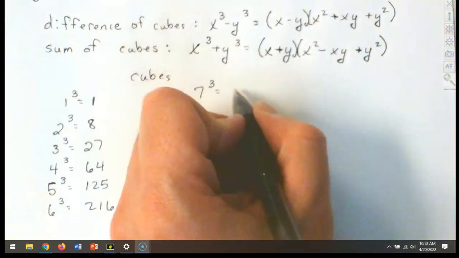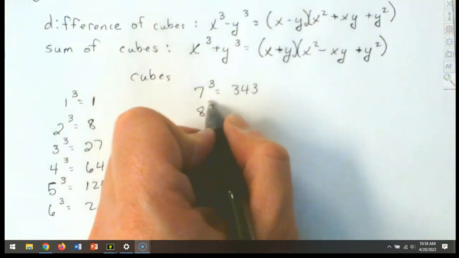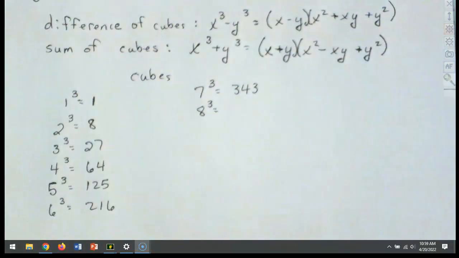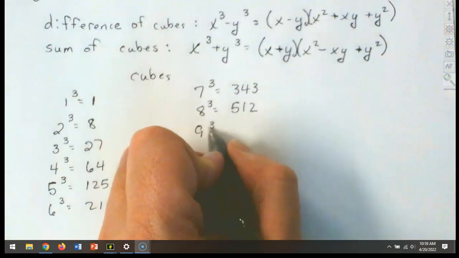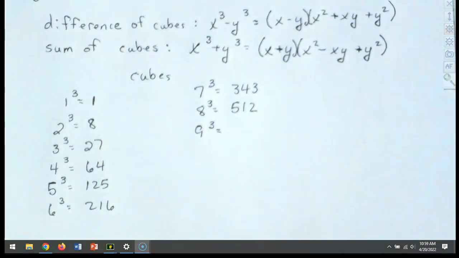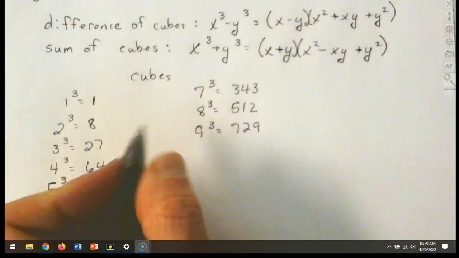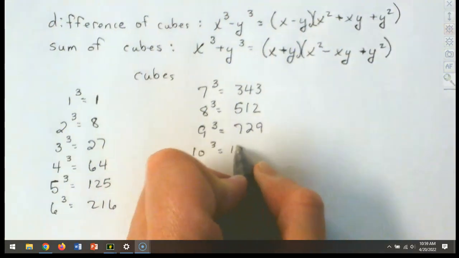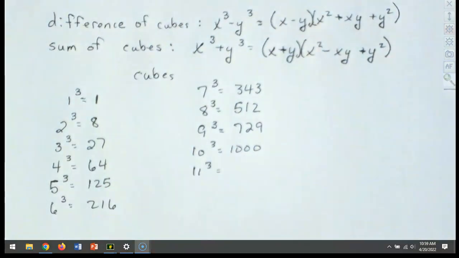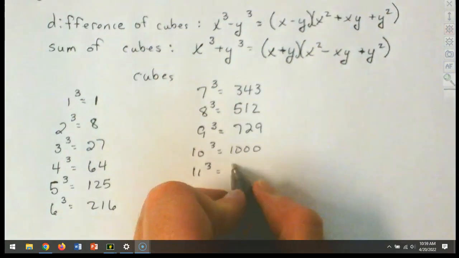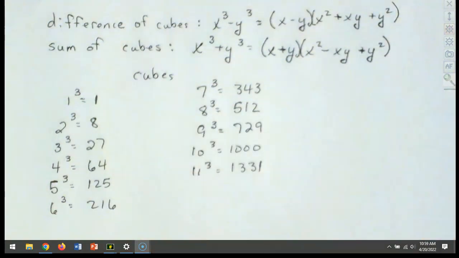So 7 cubed is 343. 8 cubed is, I believe, 512. Let me double check and make sure. Yep, 512. 9 cubed is 729. Let me double check and make sure. Yep, should be 729. 10 cubed is 1,000. 11 cubed is 1331. And 12 cubed is